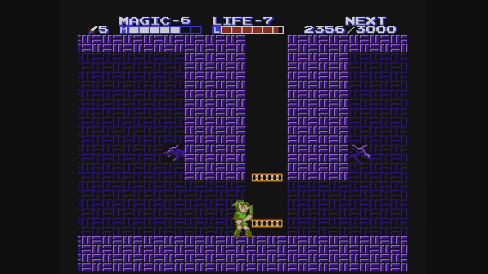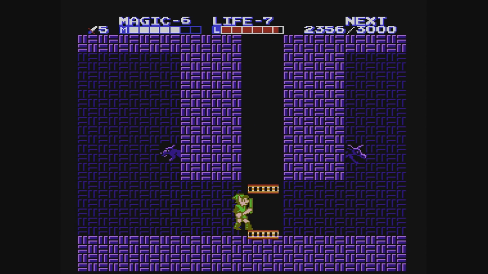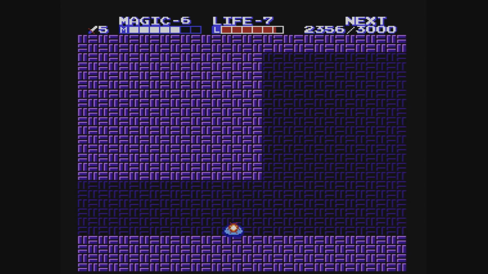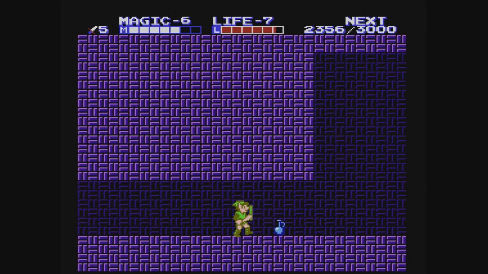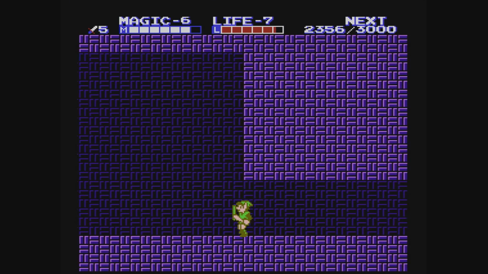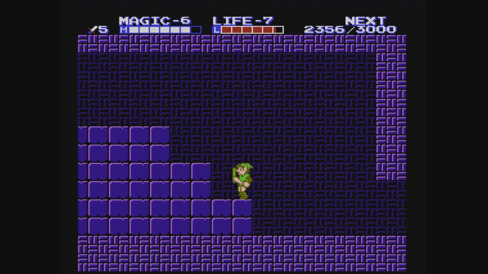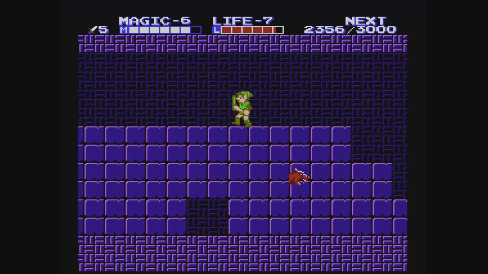Now, this elevator will take us back up pretty much to the start of the dungeon. That'll take us up where we already have been. So before we do that, we're gonna go off to the left here, because there's another key over on this side, so it's worth getting. Now, we don't really need this key. You could just use the fairy spell to get through a door instead, but we might as well go and